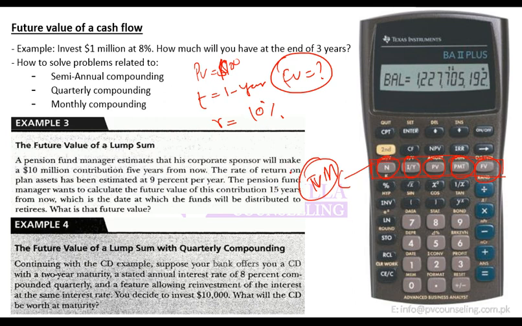How do you do this? In your financial calculator, the first thing is to press CE/C so that you clear the screen. Once you have cleared the screen, then clear any numbers which are stored against these variables. And how do you do this? You use second and CLR work.